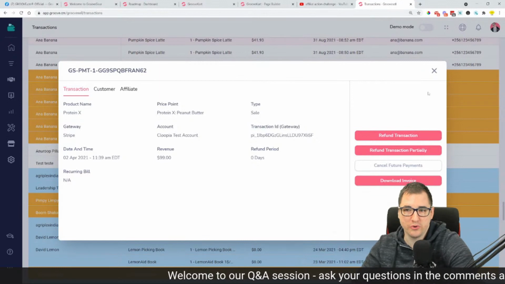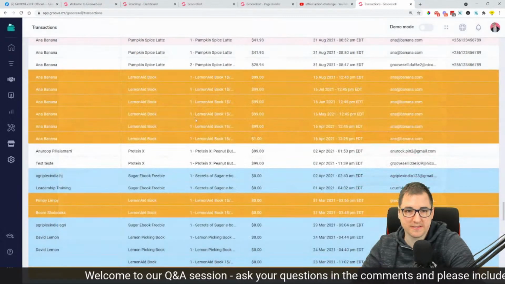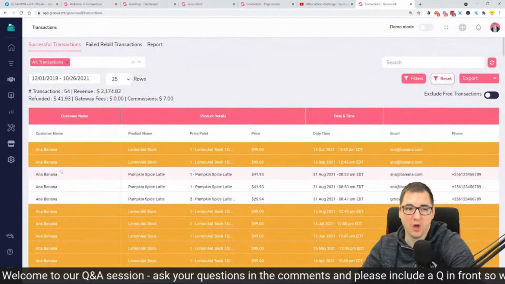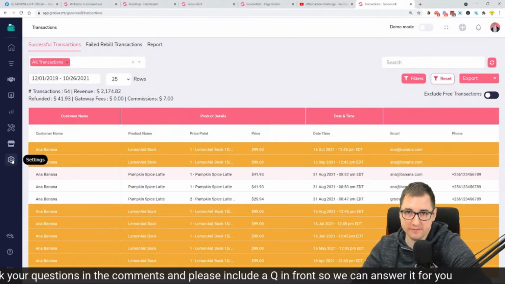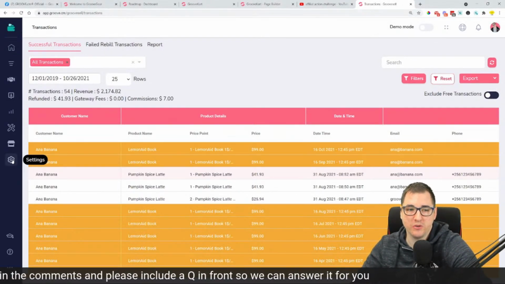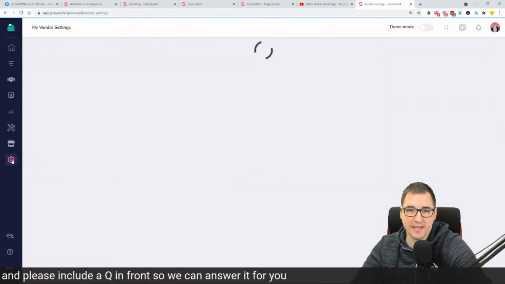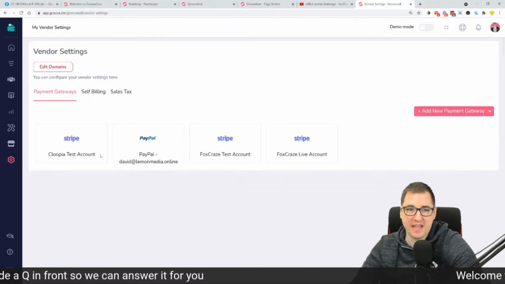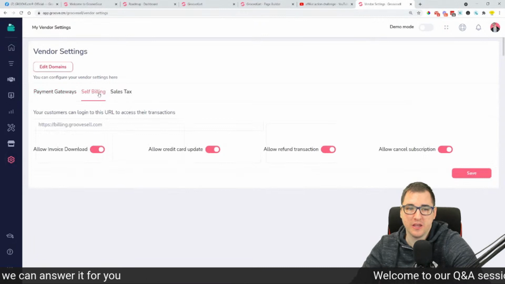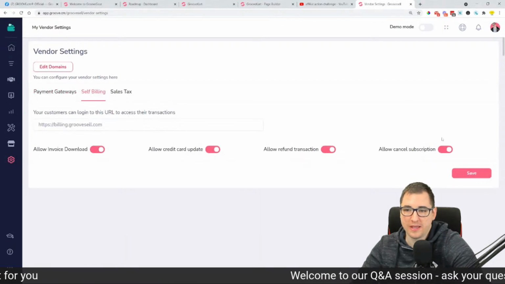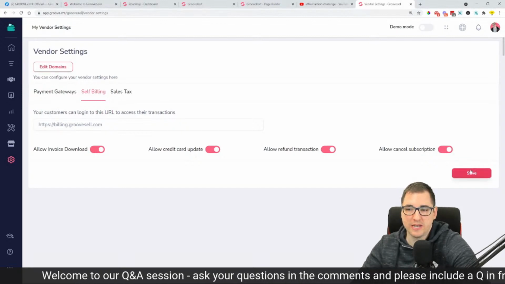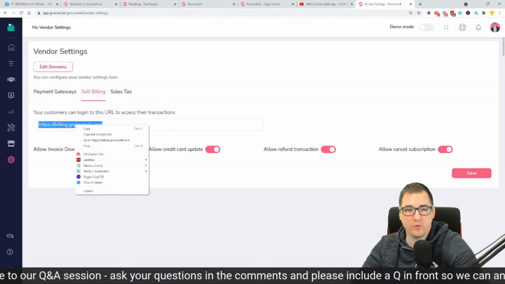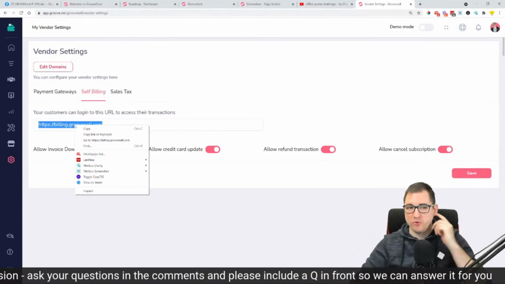You could do that for your customers from this transactions panel, or you could enable your customers to do that for themselves. The thing you would need to do then is go into settings, and then here in the self-billing, you need to allow cancel subscription. So you need to turn this toggle on. Once you did that, you click save, and people that purchased from you will be able to go into